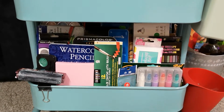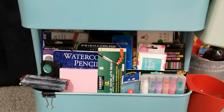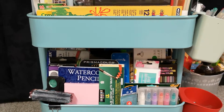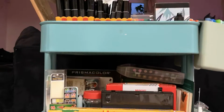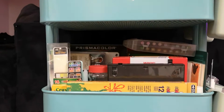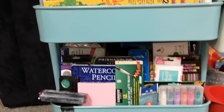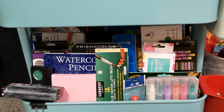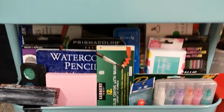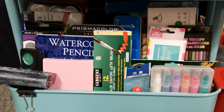So this is probably going to be like the worst video ever, but that's okay. I'm going to do my best. I'm going to do a video on what is in my Ikea cart, which is all, well, not all, but everything in here is mixed media and painting supplies. It's not all I have, it's just all that fits in here. But it's most of what I have as far as the mediums and stuff goes. So in the bottom drawer,